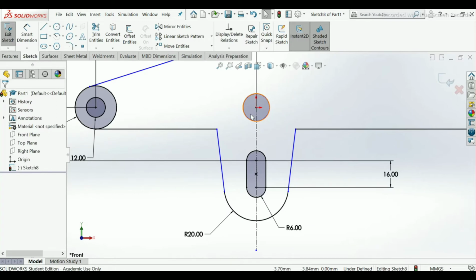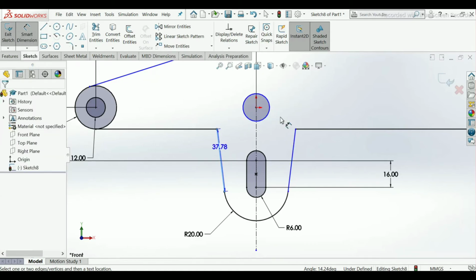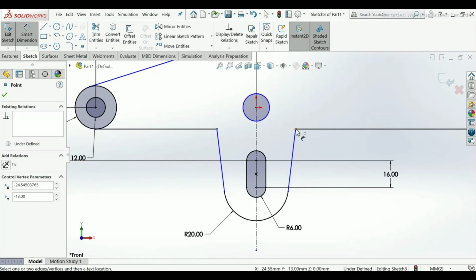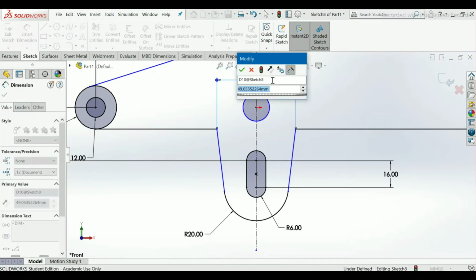Okay, now give the dimension, select this and this, select this point and this point, make it 60 mm.